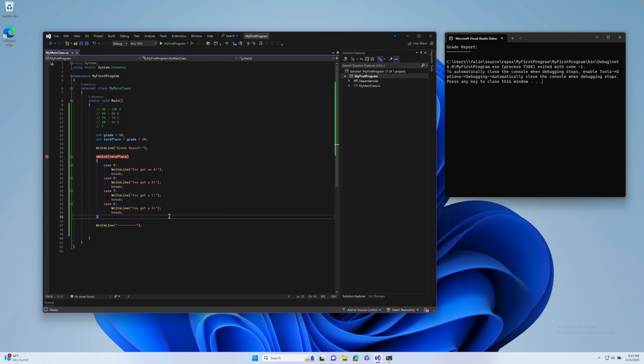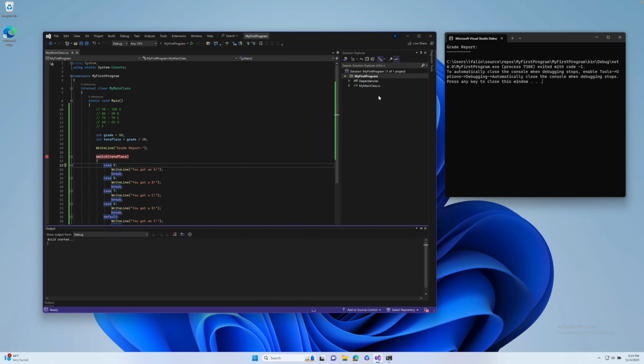So what we can do is we can say that if none of the cases match, we have a default case. This default case will be executed whenever none of the other cases match. And we'll say you got an F. Okay. And once again, we have to add our break. So now when we execute this,